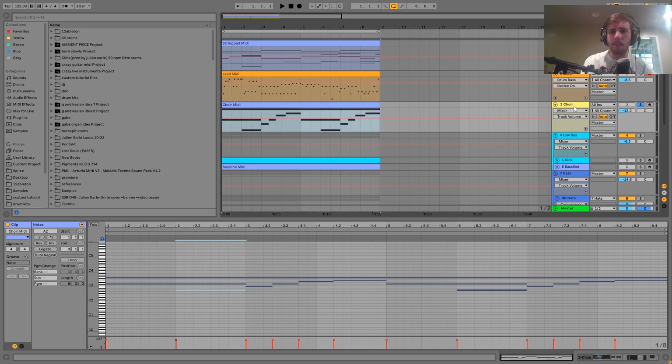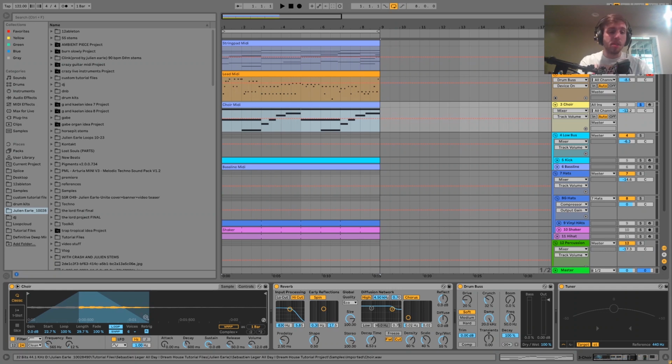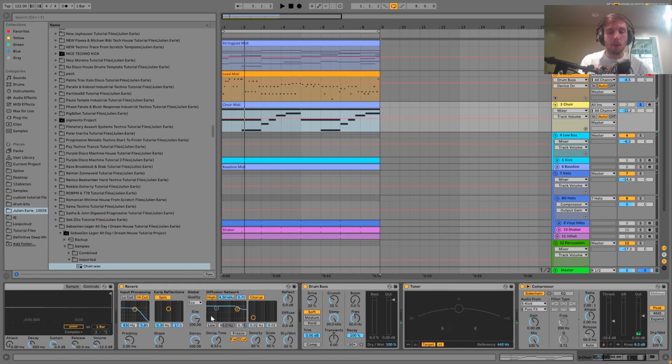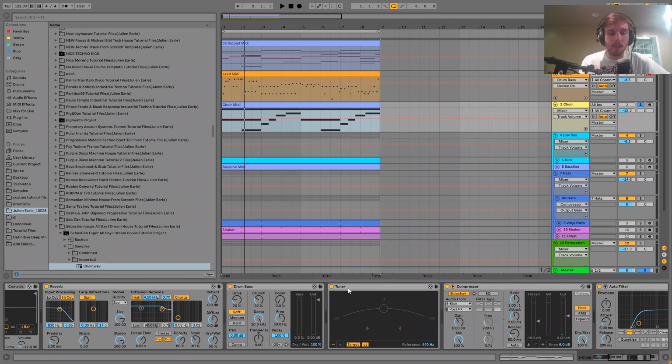And for the sound on this one, it's been using this choir sample. So I took just a voice sample and I put it into a Simpler here. You can see we've got the loop on and I'm fading it, so it just smoothly loops through the sound. And then we just have it going through a bit of reverb and some drum bus, kind of make it